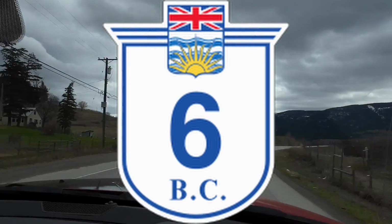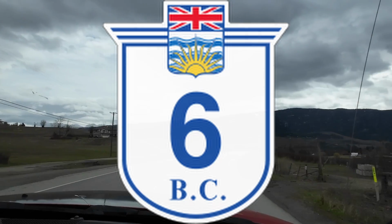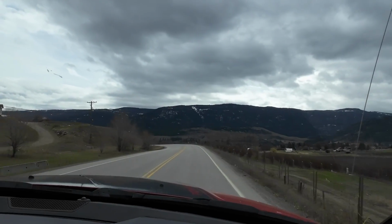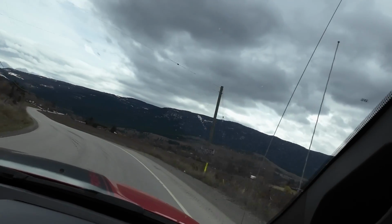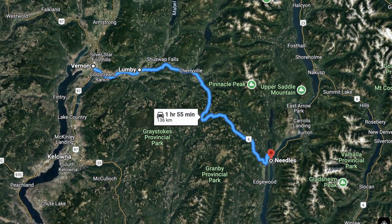Okay, so we're just out of Vernon now. We're on our way to Cherryville on the 6. This highway was built in the 40s, and it pretty much has not changed since. Very windy, narrow, steep, typical BC highway. But we're going to pass through Lumby, and